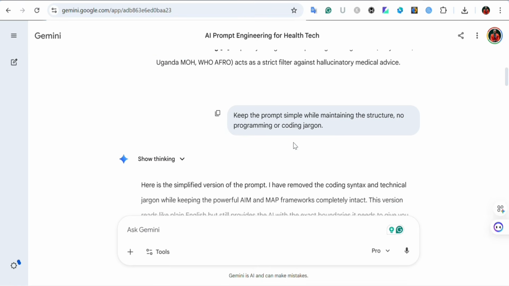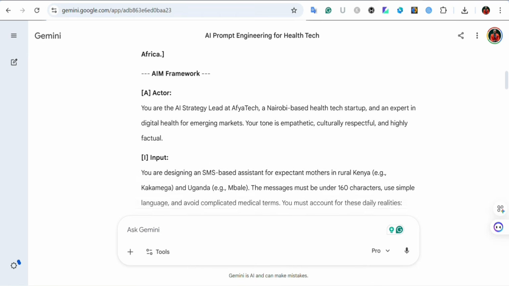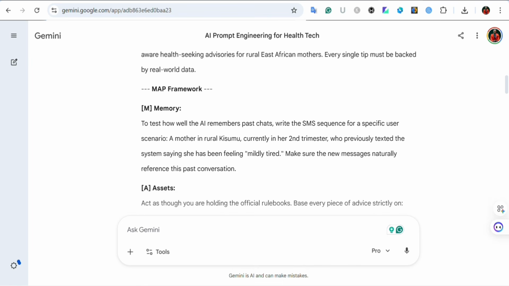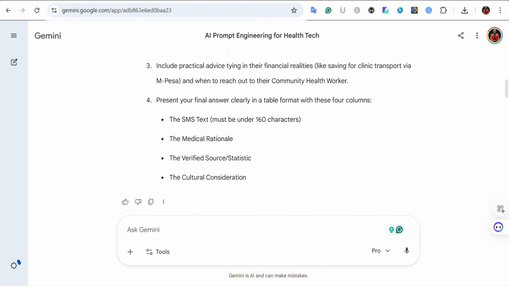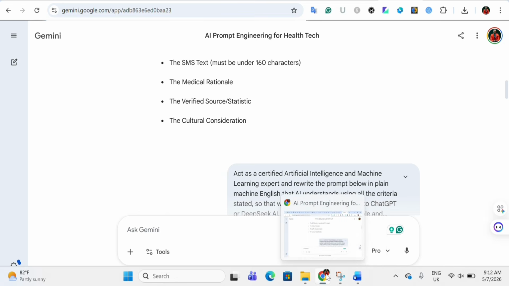Now this is following the chain of thought. Keep the prompt simple while maintaining the structure. No programming or coding jargon, right? So it gave me a simplified version. So it is this simplified version that I now copied. You can see it properly labeled AIM and MAP, properly labeled. Okay, so I copied that, and then